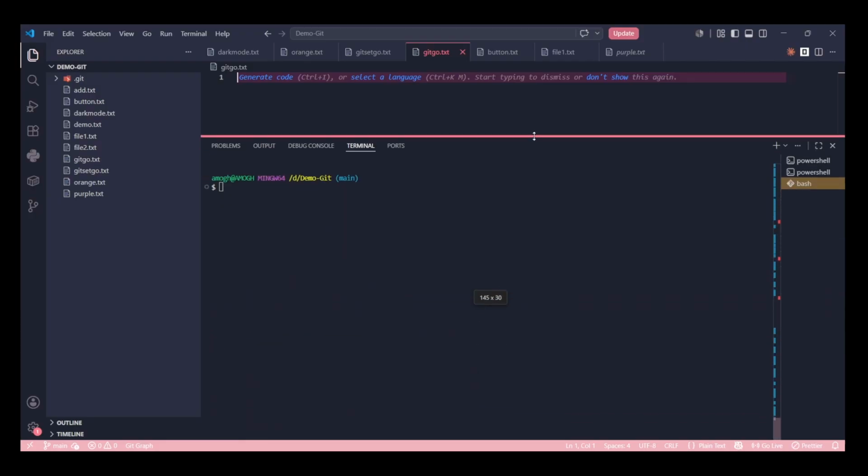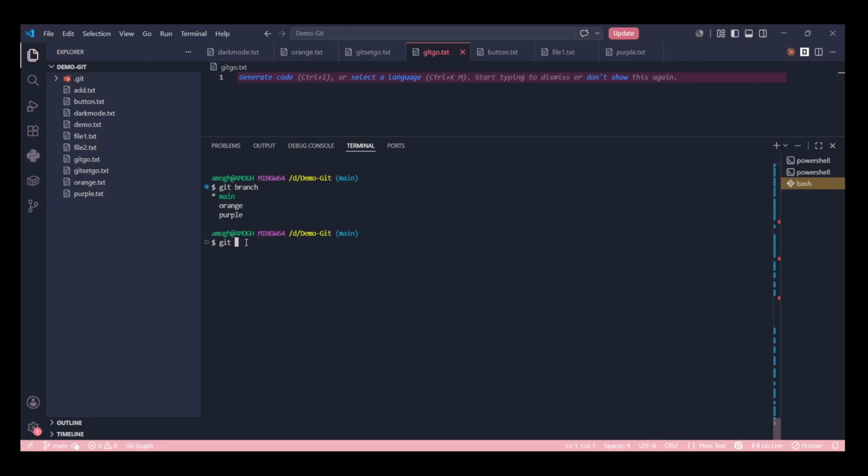Now one main thing: you can rename your branches, guys. Let me list all the branches. git branch. Now there are three branches: orange, purple, main. If I want to rename my branch, I'll say git branch -d orange, and I want to change this orange to blue.